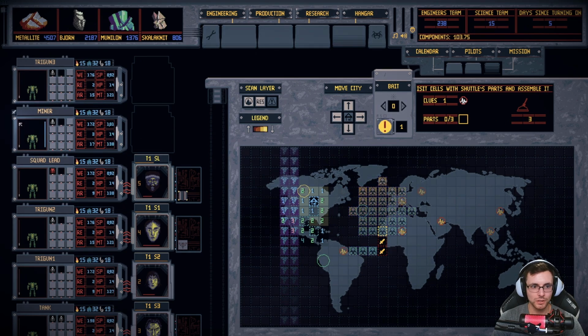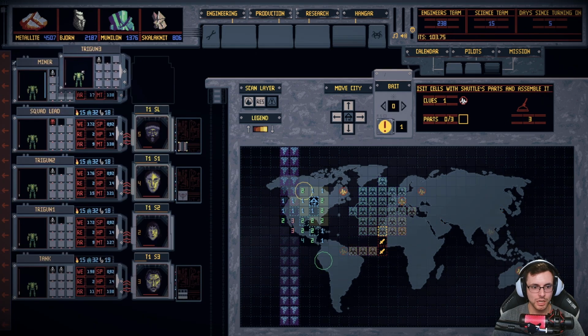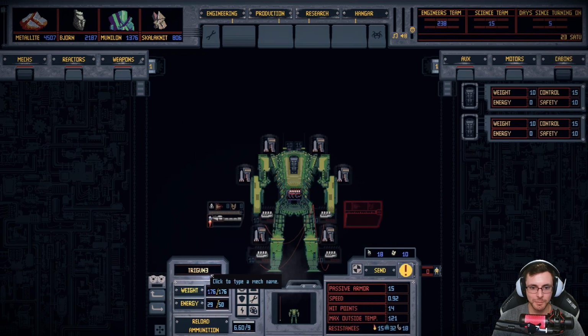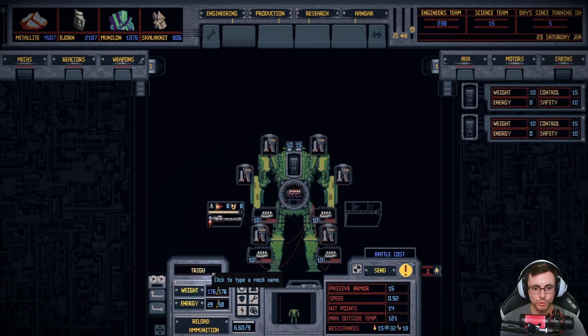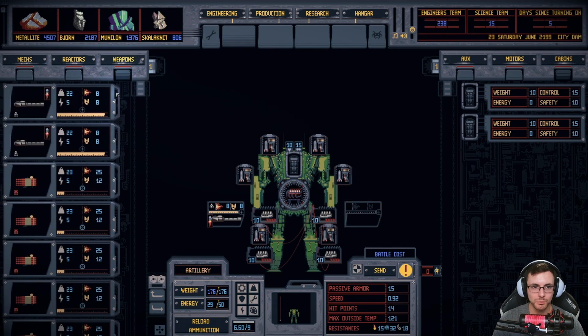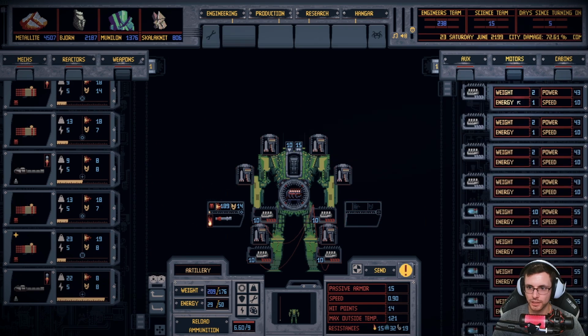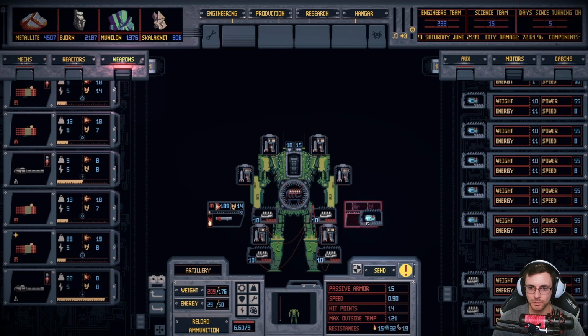So here's what we're gonna do. We are gonna take Trigun 3. Yeah, I think we're gonna take Trigun 3. We're gonna rename it to artillery. Then you, my friend, are going to be equipped with this monstrosity of a cannon. Now, we do know that we have some additional...